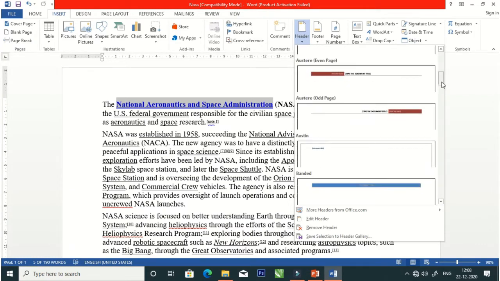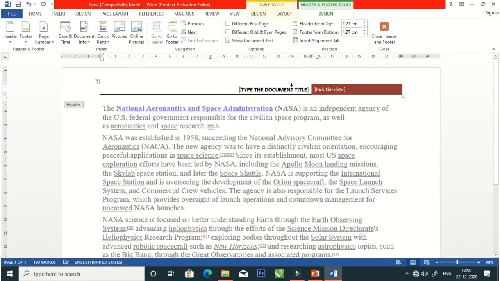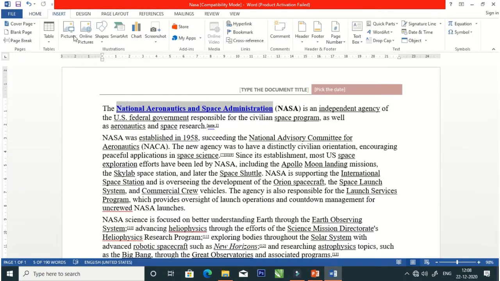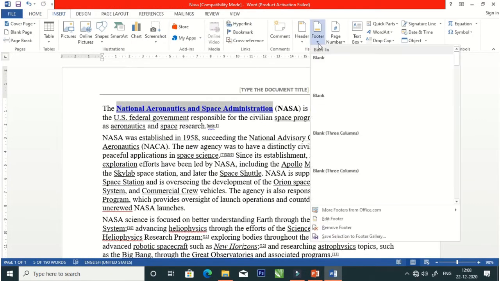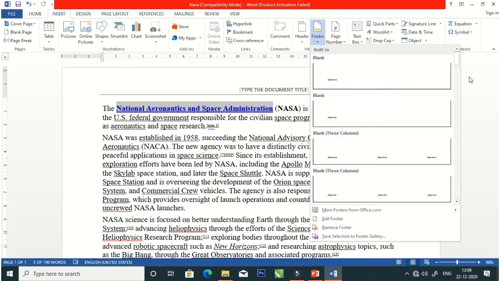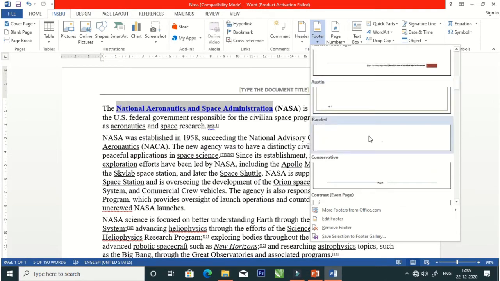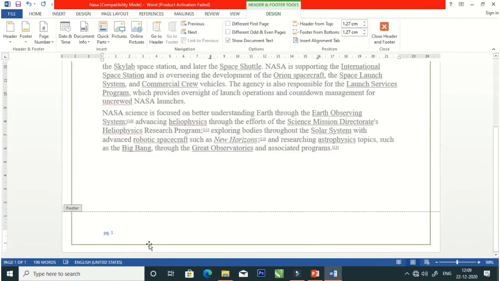The steps to insert a footer from the Insert tab are: first, click on the Insert tab. In Header and Footer section, click on the Footer button. A pull down list appears. It provides some pre-formatted footer options such as blank, blank, Austin and Bandit. Click on the required option. Number 3. The footer is activated at the bottom of the page. Type the text to set as a footer. Click on anywhere on the page.